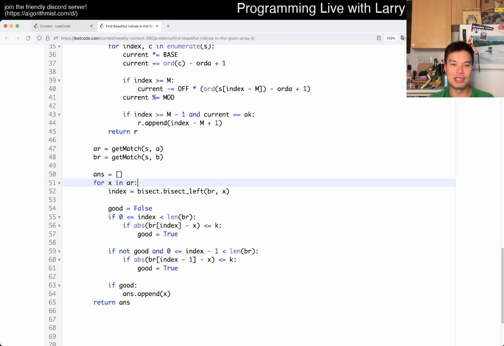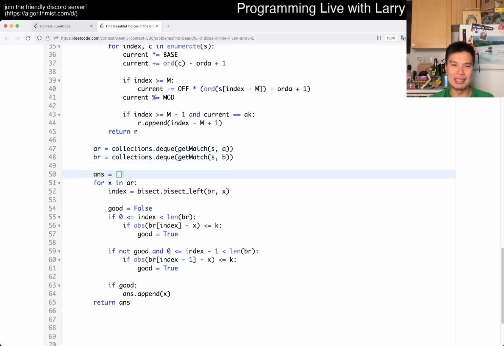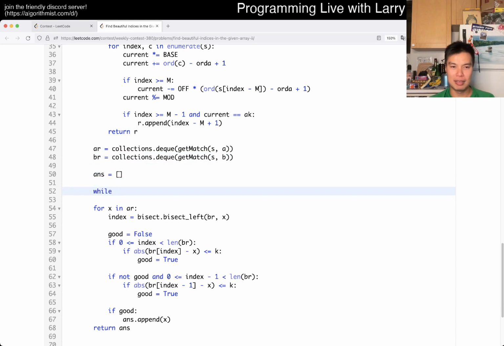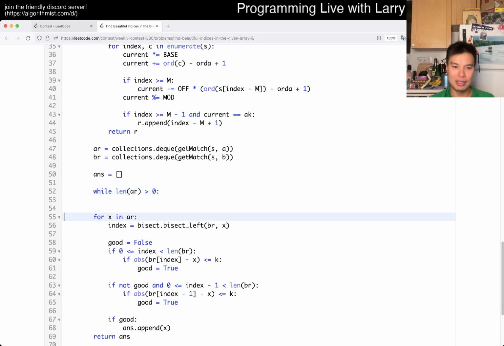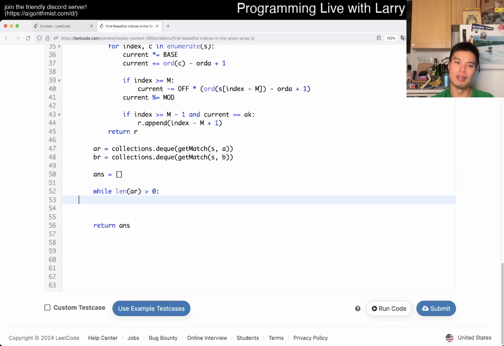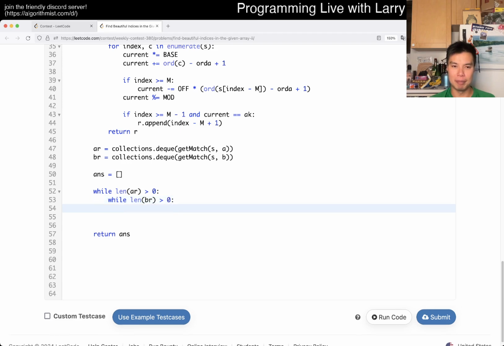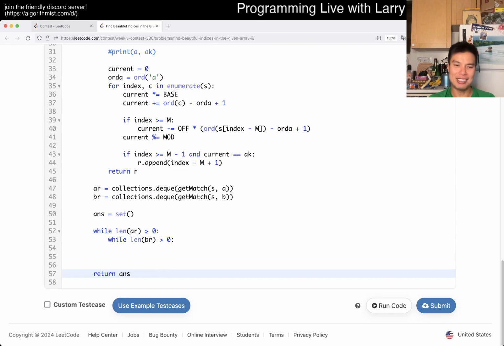As an upsolve, I am going to try to do this with, whatchamacallit, two pointers. So let's give it a try. I like two pointers with indexes just because it's slightly easier. So while length of AR is greater than 0, right? So then here, maybe I write something like, so these are all indexes, and then now we want to say while length of BR is greater than 0, maybe I'll do this as a set just because I'm a little bit lazy on the checking. I don't need to do this, but I'm just lazy.